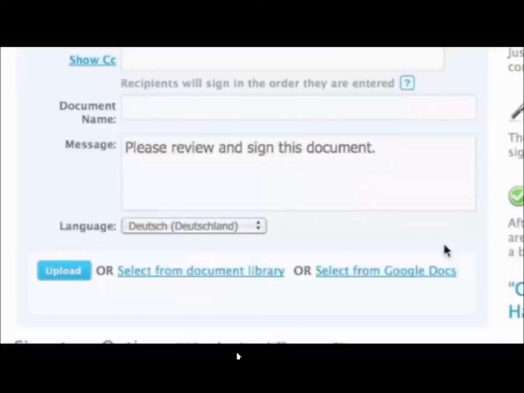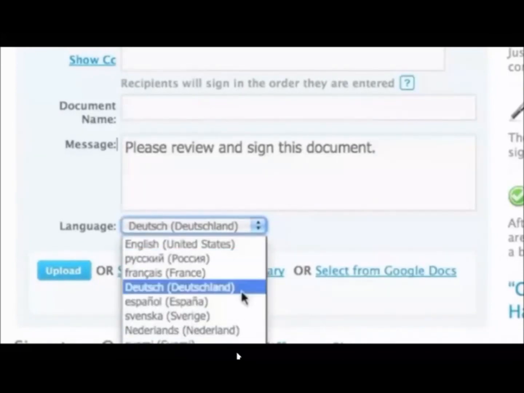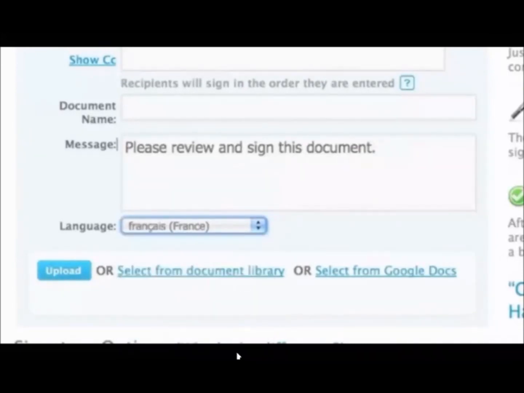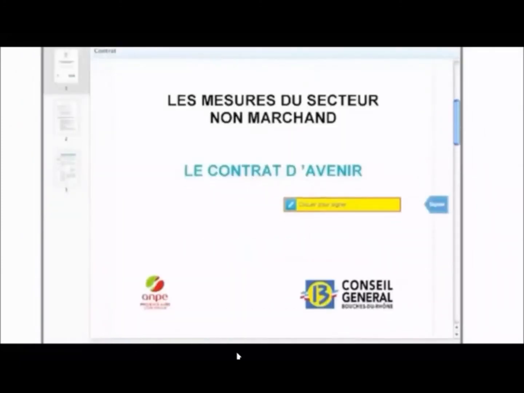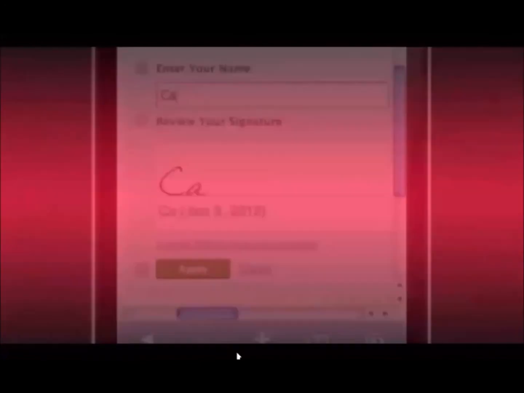You can even sign in multiple languages. Let's go mobile.